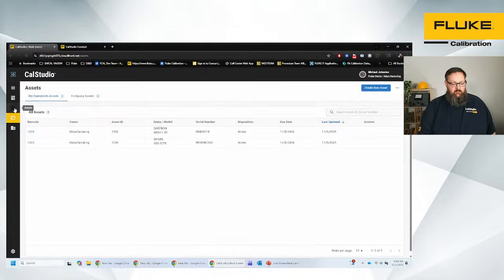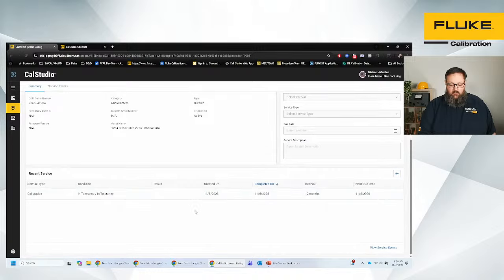where I can look at, on the asset side, this asset. Earlier this morning, I completed this service through that type of work event process, and it updated now the due date for this based on that service record. And as we complete additional services, whether that's a calibration or other types of services, we add the availability of those, things like preventative maintenance, things like,